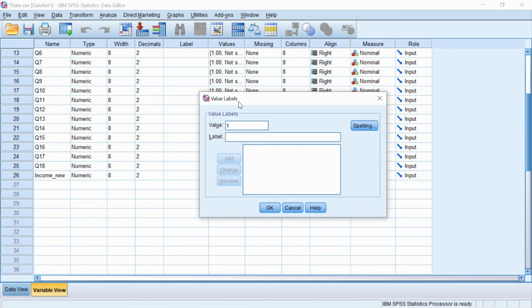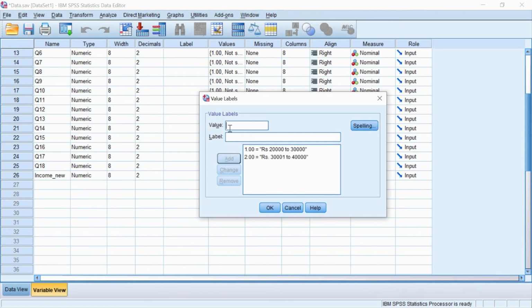1, rupees 20,000 to 30,000. Click add button. Number 2, 30,001 to 40,000.